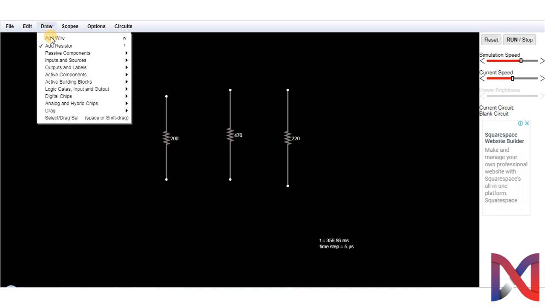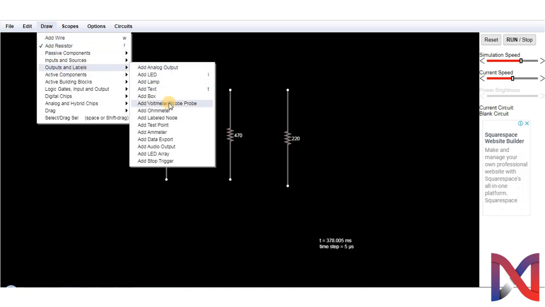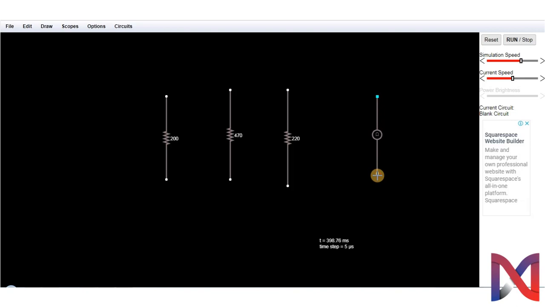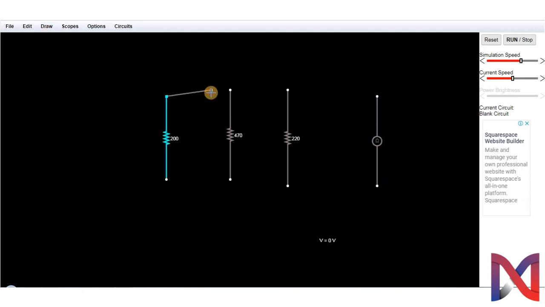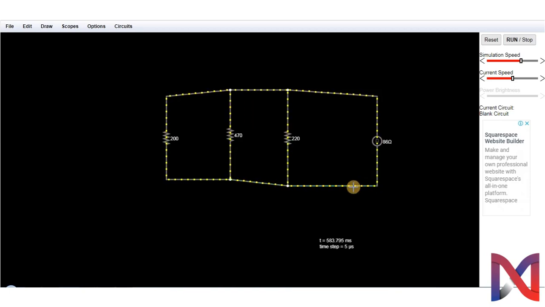Let's place our ohm meter. And now connect the entire circuit. Remember that you don't have to miss any of the points, else you will not get the desired results. Here the entire circuit is connected and we get our answer to be 86 ohm, which is the same as that we got in our calculation.